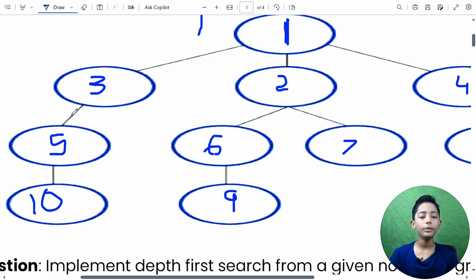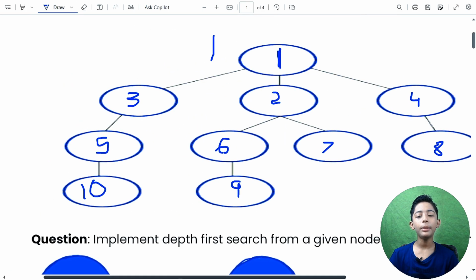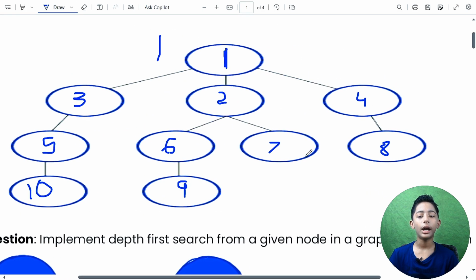The topic is depth first search, and like in the previous video, I made a graph and wrote the numbers 1, 2, 3, 4, 5, 6, 7, 8, 9, then 10.